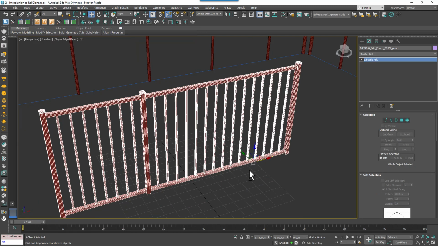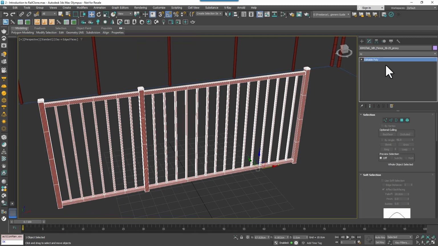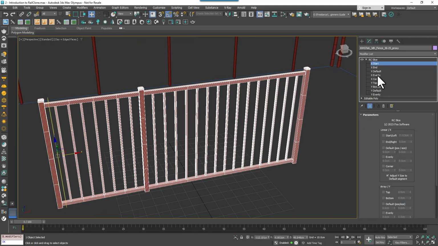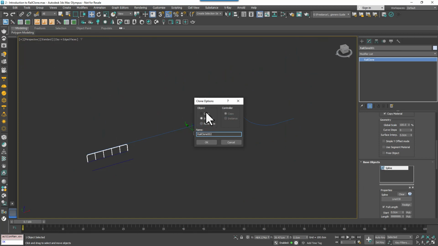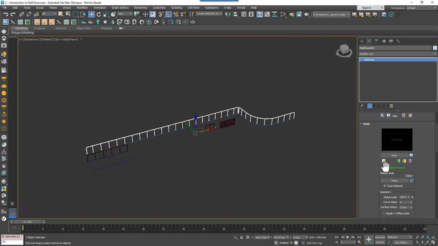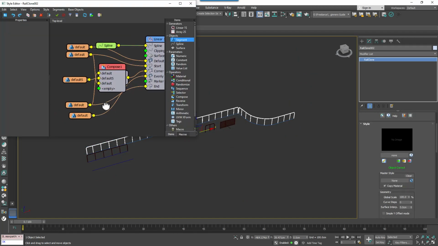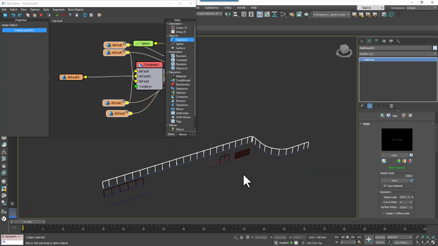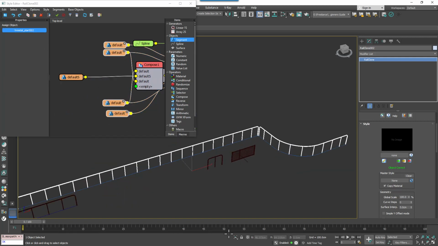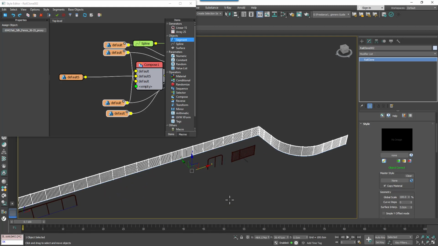The beauty of this approach is that now we've got our first parametric railing complete, you can easily create more by duplicating the graph and just using different source geometry. For this, you'd select a new object and use the RailClone slice modifier to cut the model into pieces just like we did before. Since we've already done it once, I'm speeding up the process. Then you simply copy your existing RailClone object, open its graph, select all of the segments and replace the source with a new object. That's it. Repeat the process as needed to create a variety of different parametric railings all based on this existing graph.